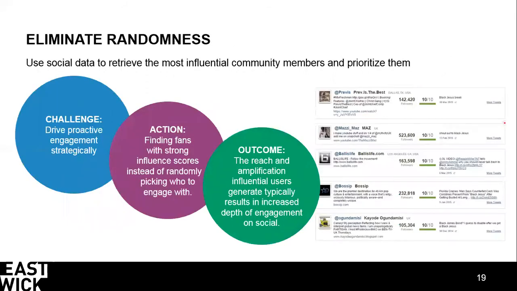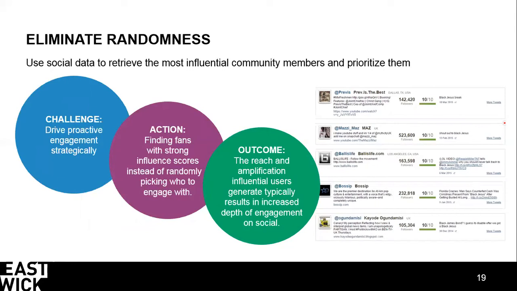Back to Jason. In this case, we're talking about eliminating randomness. A lot of times when you're running a social channel for a brand or a small business, you're trying to figure out where you can drive proactive engagement, or say a crisis does hit, something does happen, and you have a ton of incoming responses. You're trying to figure out who to talk to first. Inside Sysomos, and I hope inside your listening tool, if you don't have Sysomos already, we have something called authority scores. So if you look on the screenshot on the right-hand side,